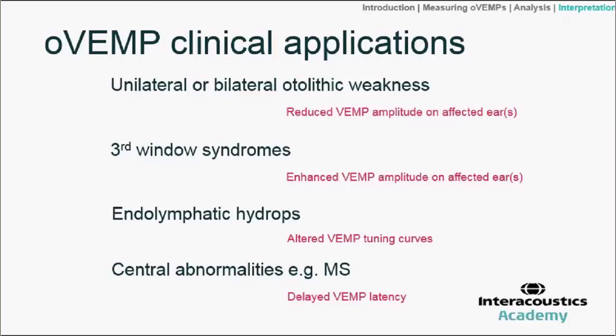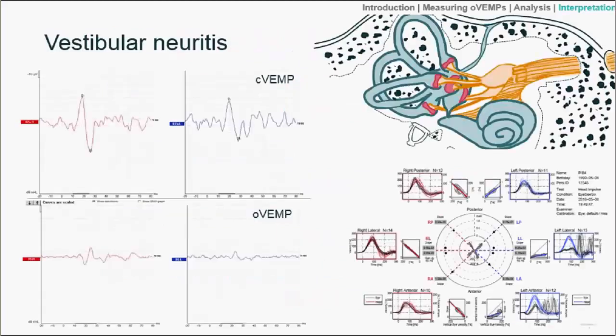But let's just go through some key examples, just illustrative examples for each of these four clinical applications. So the first one is a unilateral loss. And in this example, I've chosen the classic sort of vestibular neuritis, and so this is an inflammation of the nerve there, the eighth nerve, and sometimes it might more commonly, in fact, specifically affect the superior branch of the nerve, and other times maybe specifically the inferior branch, and yet other times both branches of the vestibular nerve. But in the more